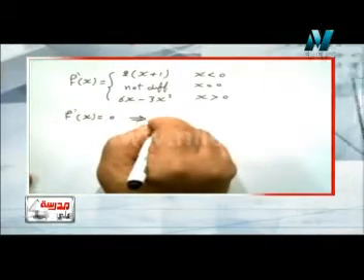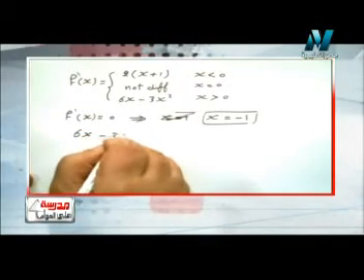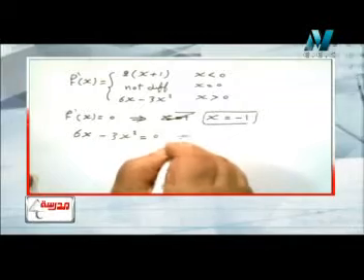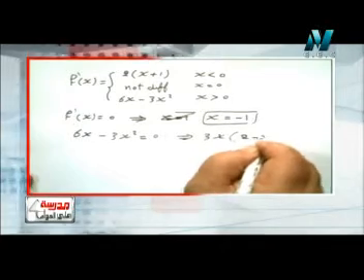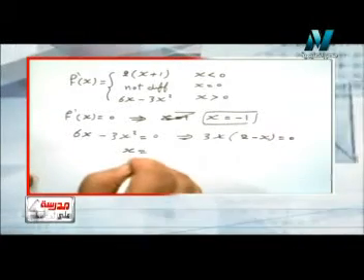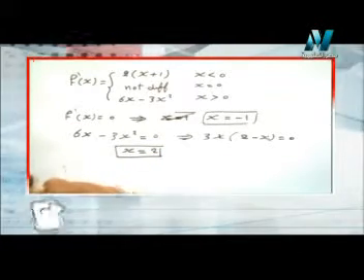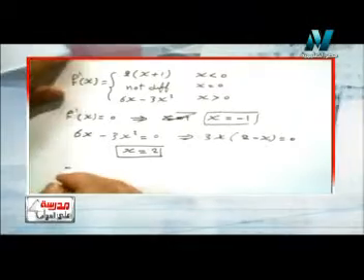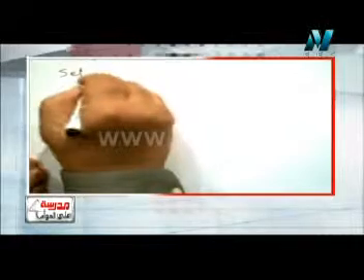Therefore x equal negative 1 is accepted because it belongs to the interval, and 6x minus 3x square equals 0. Take 3x as common factor, so 2 minus x equals 0. Therefore x equal 2 is also accepted, and x equals 0 we found previously. Therefore the set of critical points are